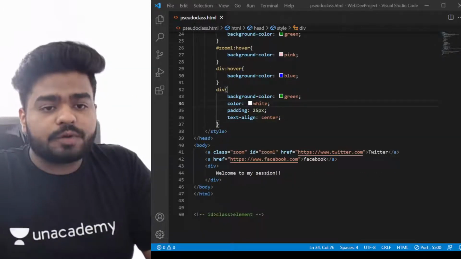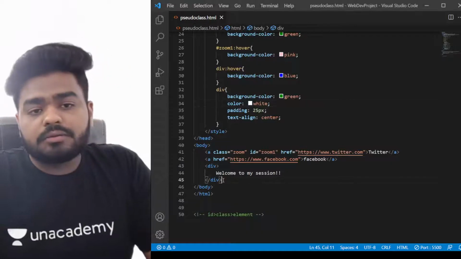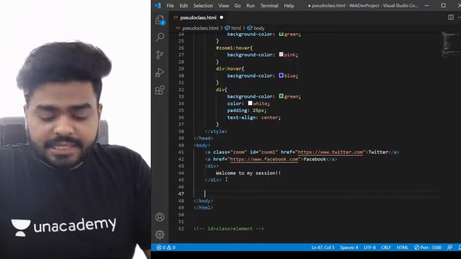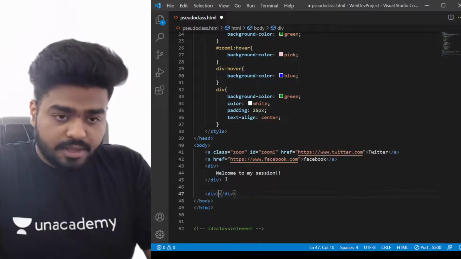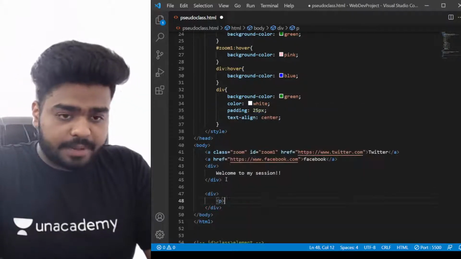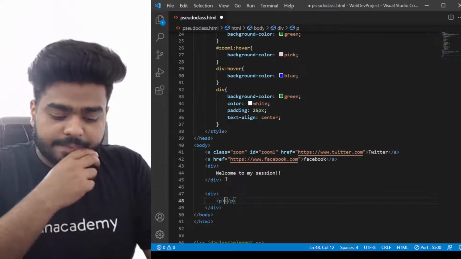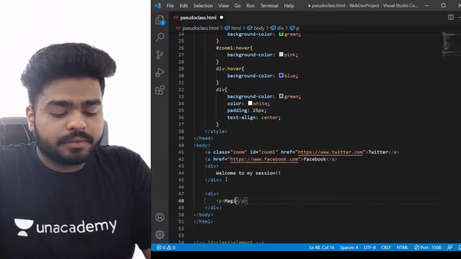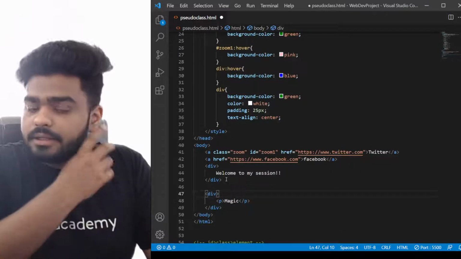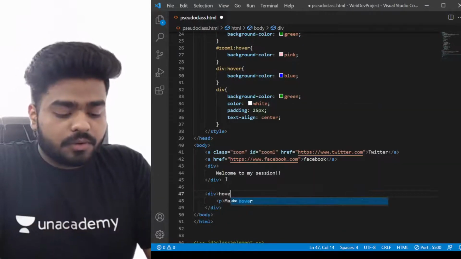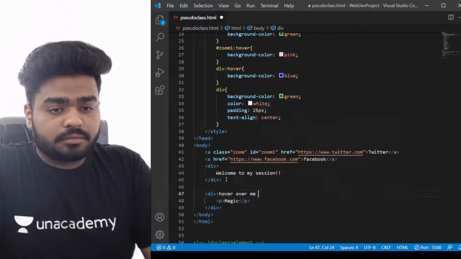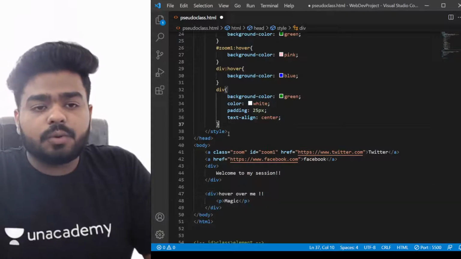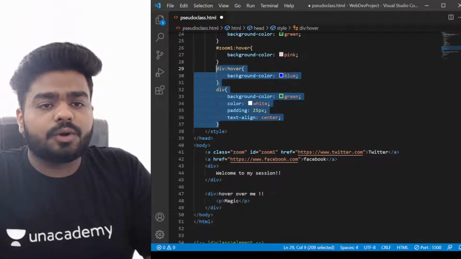Okay, so the next thing we are going to do here is, already we have written some div and all of these things. What I'm going to do here, let's say I'm going to have one div, and inside this div I'm going to put one paragraph. This paragraph I'm going to write here "magic", and here I'm going to write "over me". Okay, only this much I've written, and now I'll comment this because I don't want to